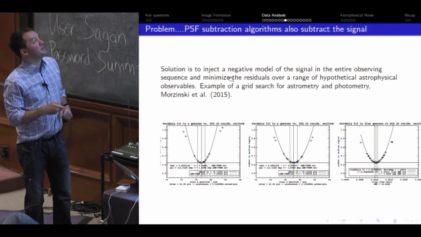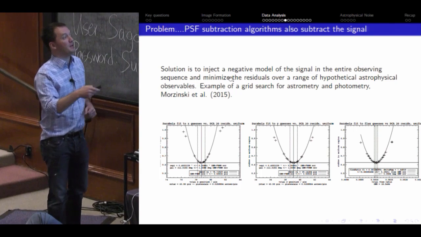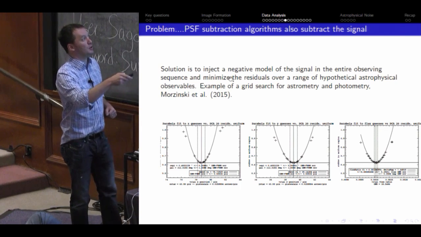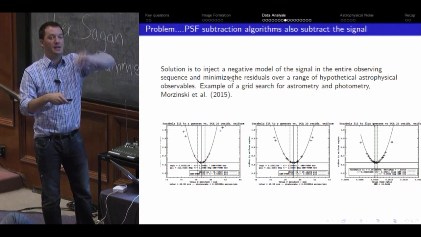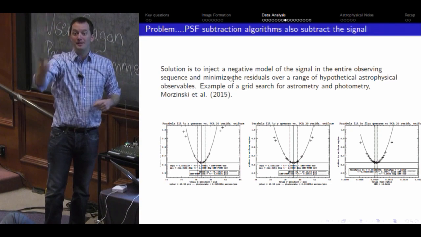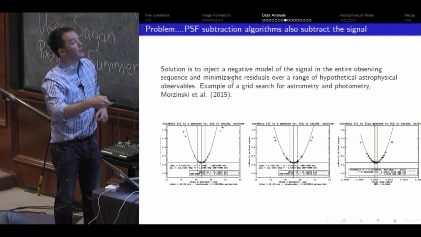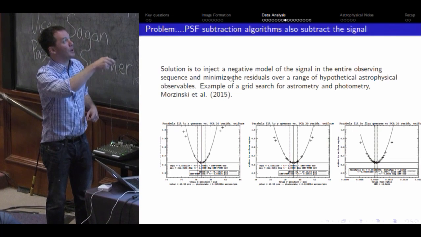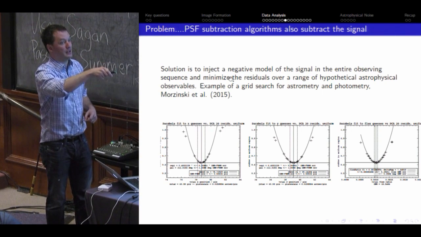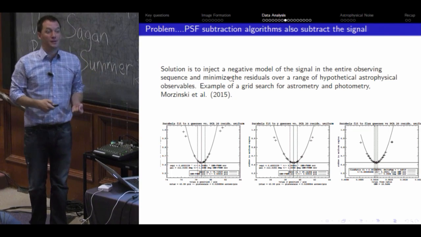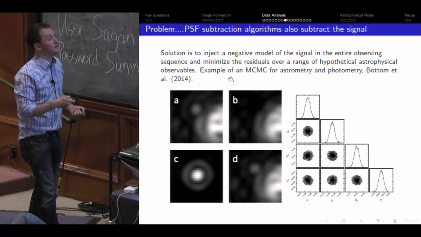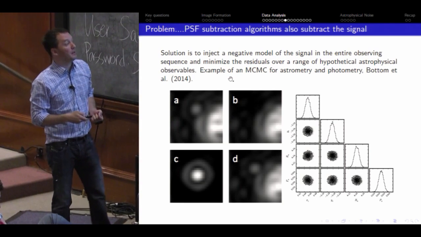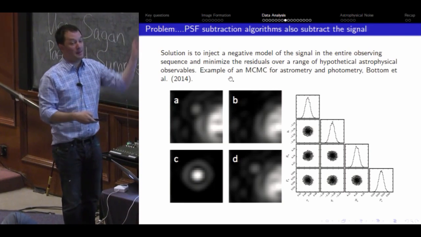This is something that has been done. You can do it on a grid search. That's something that's been done by Katie Morzinski. So this is all the trials, for X, Y. For a planet, you get the astrometry, so X, Y, and the brightness. And you see this nice parabola here, where the minimum is actually the value of the astrophysical signal. You can do it in more of a Bayesian sense. That's a recent paper by Mike Bottom here. And same thing, X, Y, and